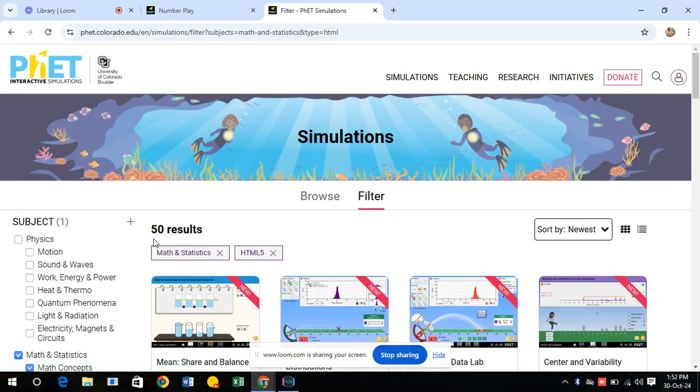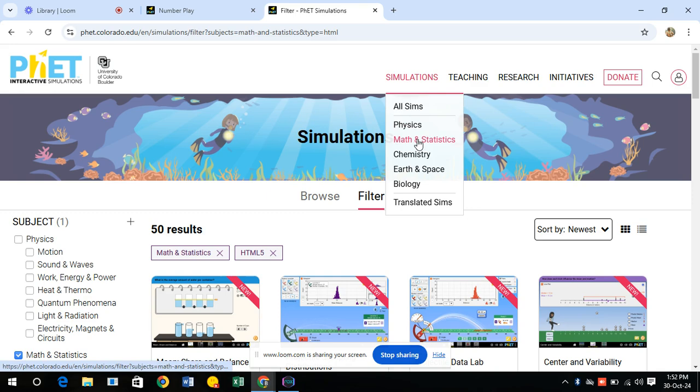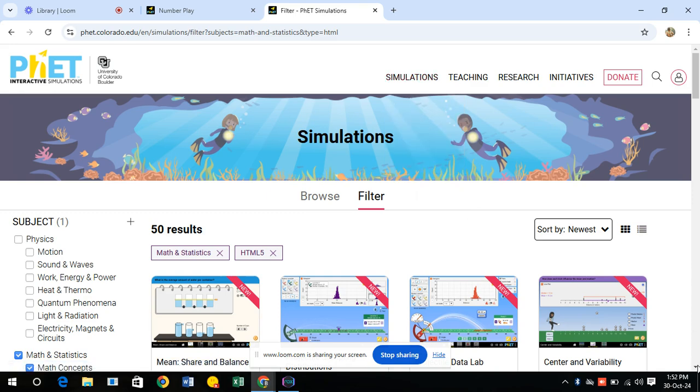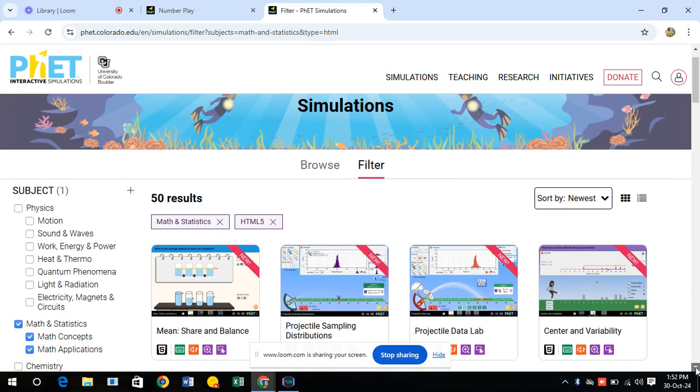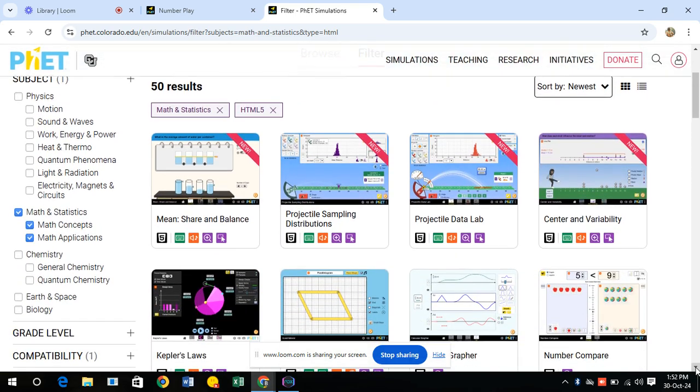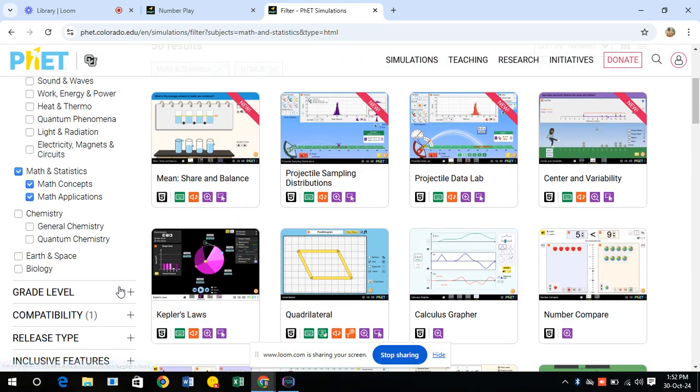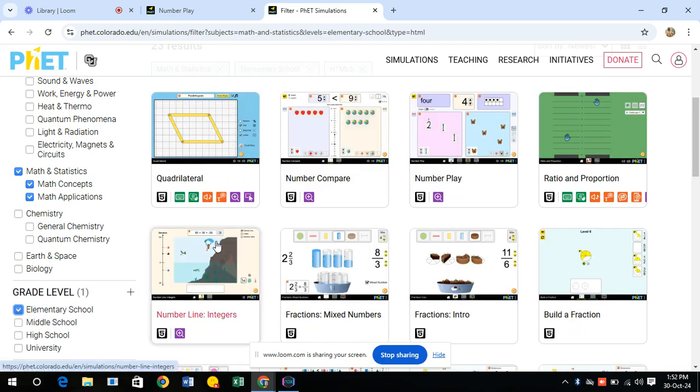for students to be able to master all that, on our simulation, you go under mathematics and statistics, because all these focus on mathematics. Then under grade level, you check the box on elementary school, because these are very young kids. You want to help them to know how to count numbers. So